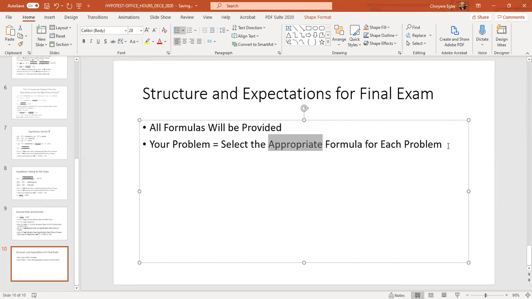Okay, all right. And I'm going to give you an example. I will give you an example of that particular structure and expectation. And I'm going to use a regression problem to illustrate what I'm going to do. I'm not going to illustrate every single problem. I'm just going to use a regression model to show you the way I'm going to present the information and how you're going to use it.